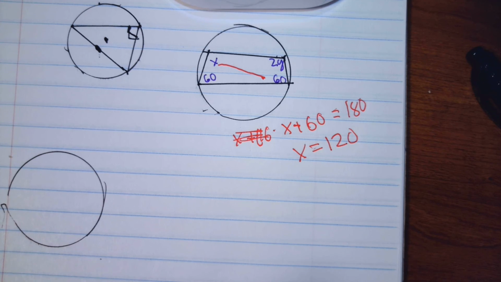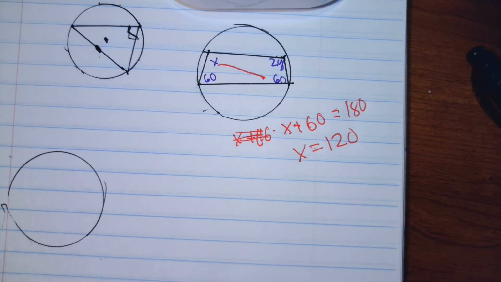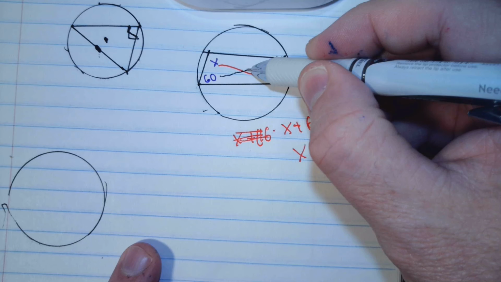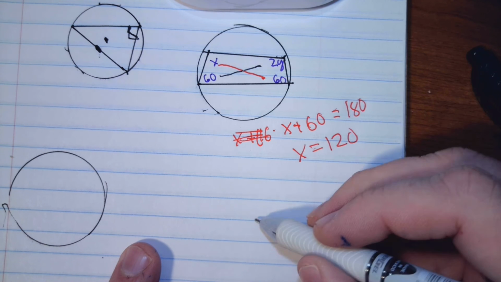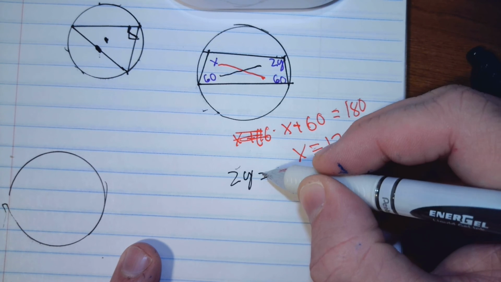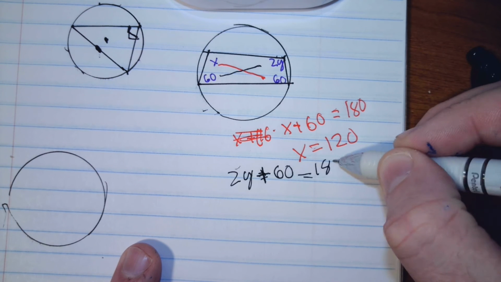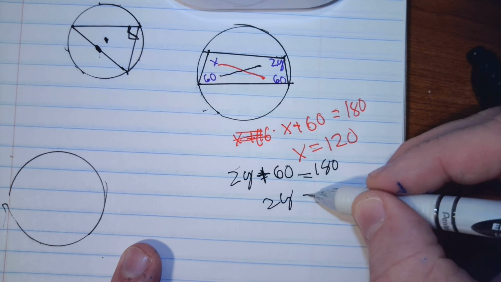All right. So again, opposite angles. So these angles are opposite. So they're going to equal 180. So that's 2y plus 60 equals 180. 2y equals,